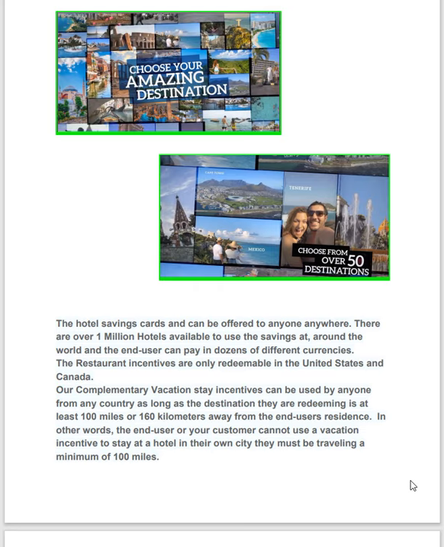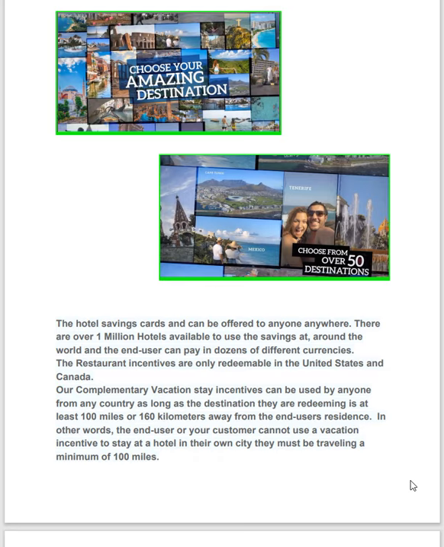You can give away these vacation vouchers free to your customers. These are 5 nights or 6 nights vacation vouchers for a 5-star hotel or 5-star resort. So we're paying for their hotel stay or their stay at a resort. They're all 5-star. So we're paying for their rooms, about $1,500 value minimum.